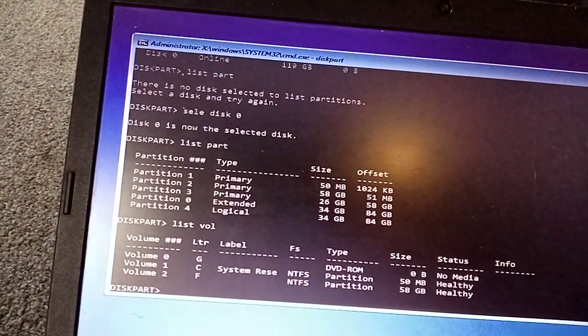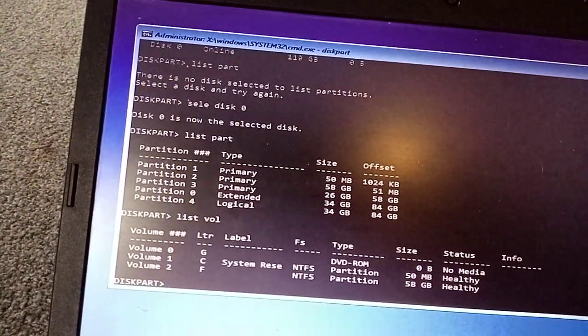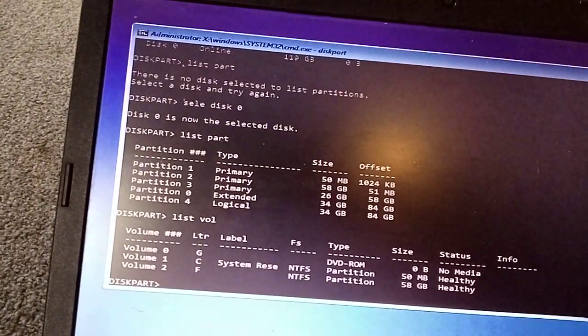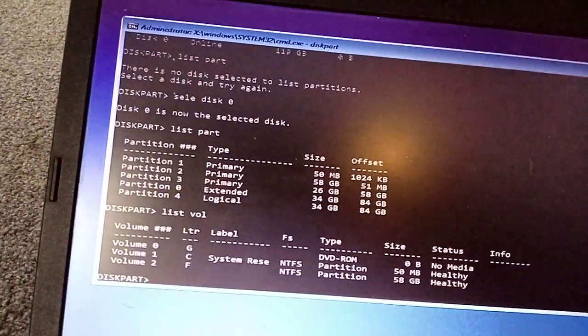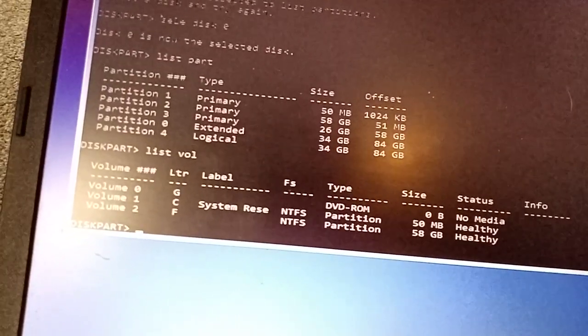Okay, 15 and 58. So those two there must be for Windows. Okay, we're going to go